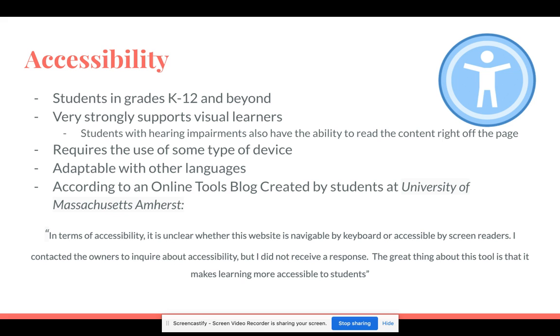The great thing about this tool is that overall it makes learning more accessible to students. And I wouldn't say that this is limited just to students with disabilities. I would say that this is a tool that many students, especially those who support the visual learning, would benefit